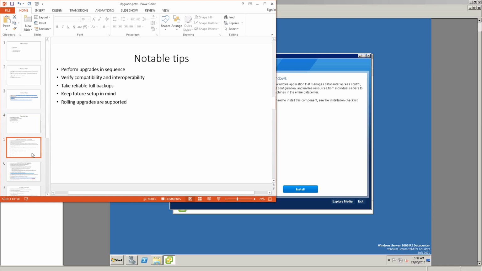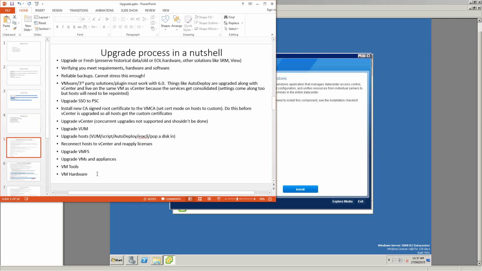All right, so that's the upgrade process in a nutshell. We talk about all of these in the future slides, but let's get cracking on this one. So upgrade or fresh, which one would you do? If you want to do a fresh install, that's when you don't care about your historical data, or when, for example, you don't run vROps, or you're running all your hardware's end of life.